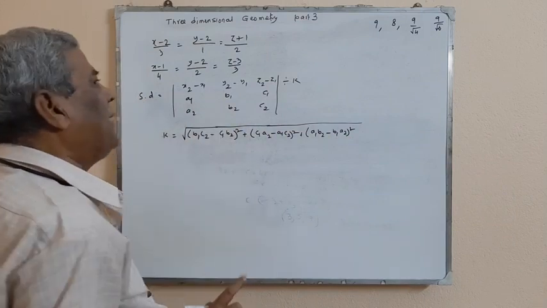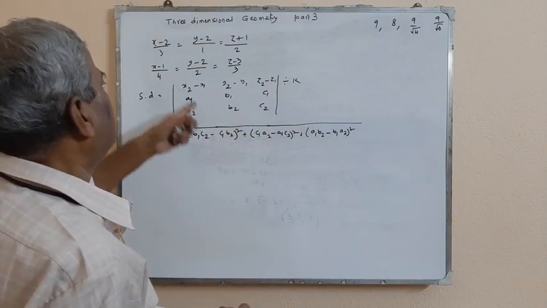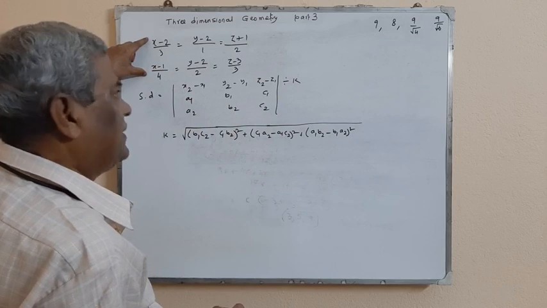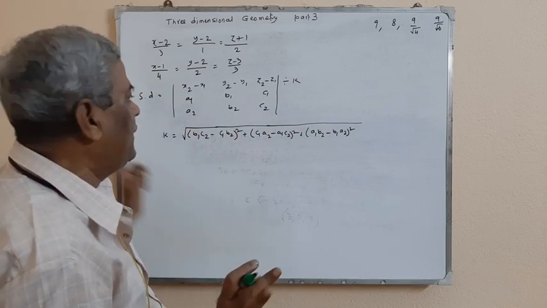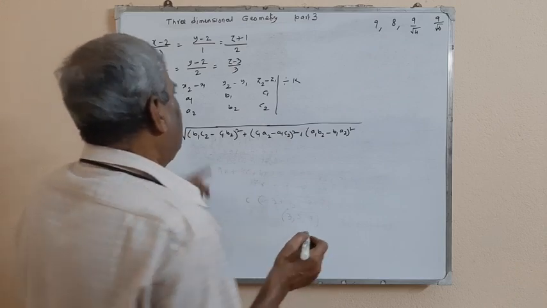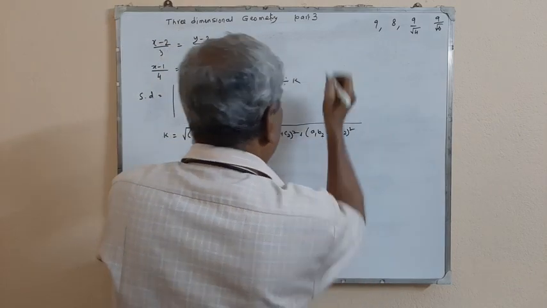So this is the formula, and from the given straight lines, all are known: x1, y1, z1, a1, b1. So we find that this determinant is equal to,